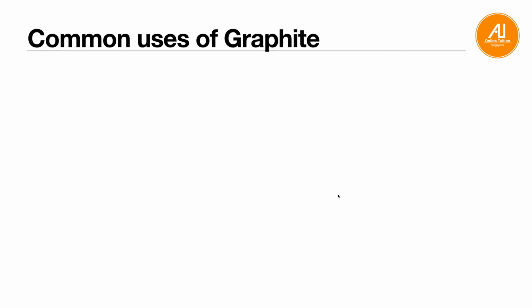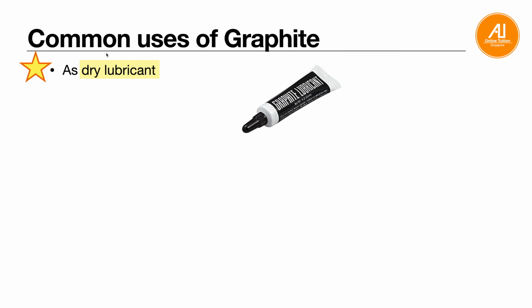Okay. Some common uses. Graphite can be used as a dry lubricant. So you can use it to lubricate your machineries if you don't want to use oil or grease or any flammable liquids. Okay, graphite will not catch fire, but it's still slippery. Okay, next,